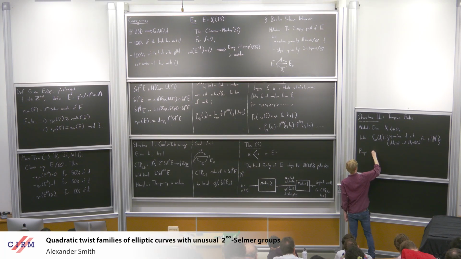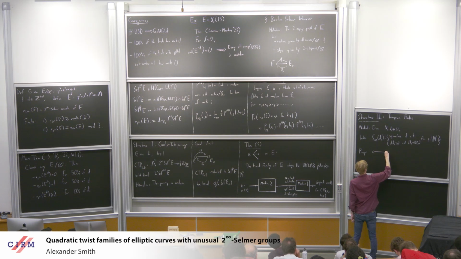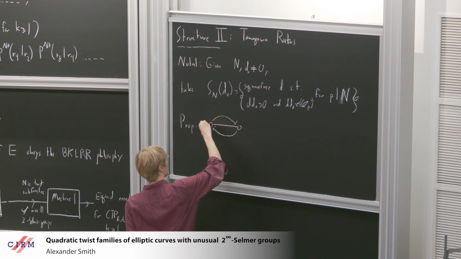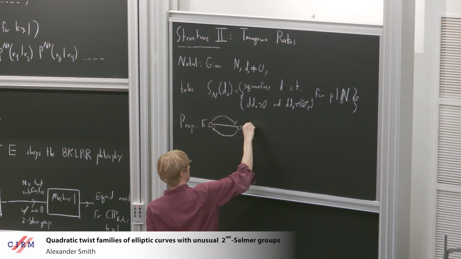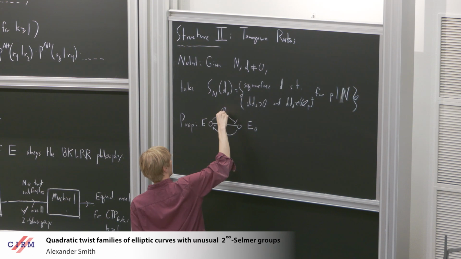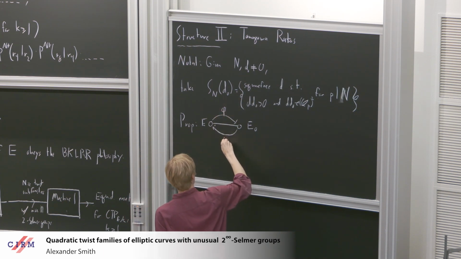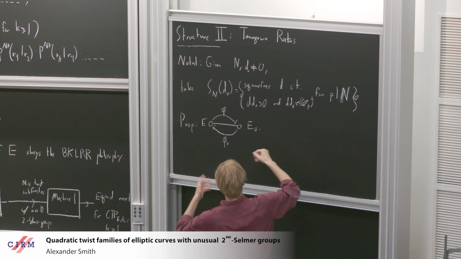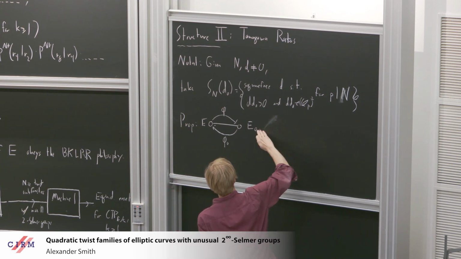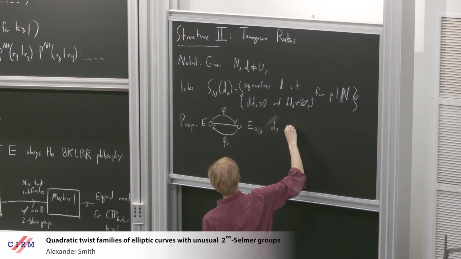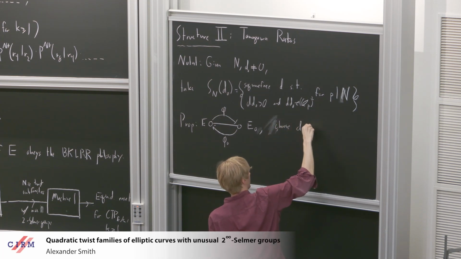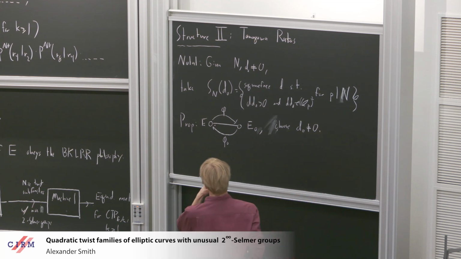suppose we have a partial two isogeny graph that looks like this. So we have an elliptic curve E, isogenous to an elliptic curve E naught, with an isogeny phi going one way and an isogeny phi naught going the other way. So we're going to fix this picture, and we're also going to fix a d naught. Then